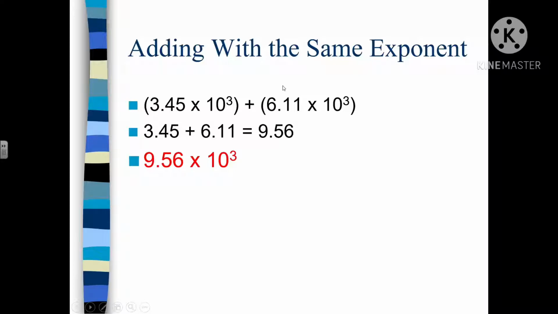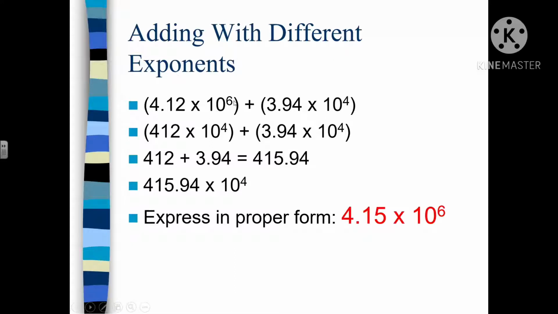And what you're going to do next is copy the base and the exponent. So it's 9.56 times 10 to the third power. Remember, once again, take a look at whether the two scientific notations have the same exponent. Okay, next,